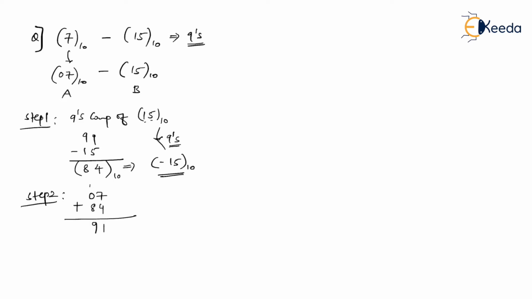There is no final carry. I know that this is also carry, but this is not the final carry. Final carry means what? If the number 1 is 2 digit, the number 2 is 2 digit, then the answer is also 2 digit. Answer is not 3 digit. If the 3 digits are coming, the third digit is considered as carry. So there is no carry. Since there is no carry, can't I say carry equal to 0? Since carry equal to 0, it indicates the result is negative.